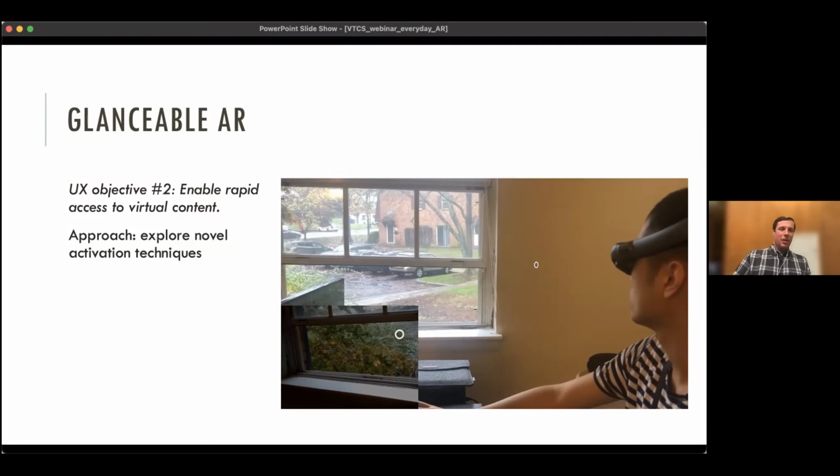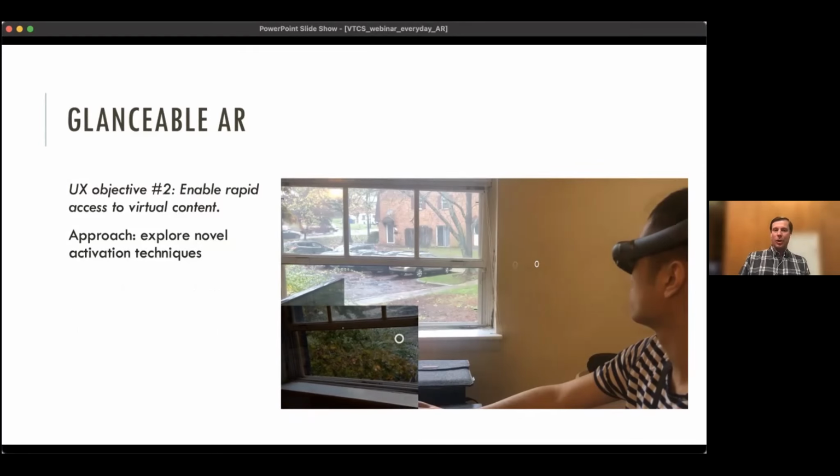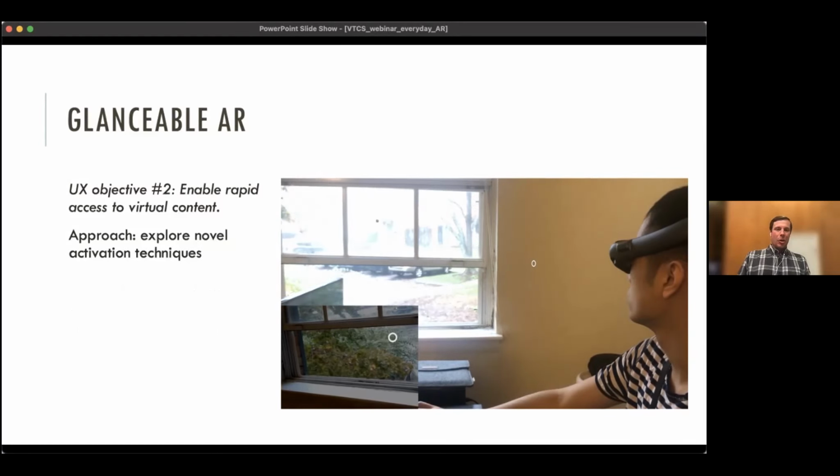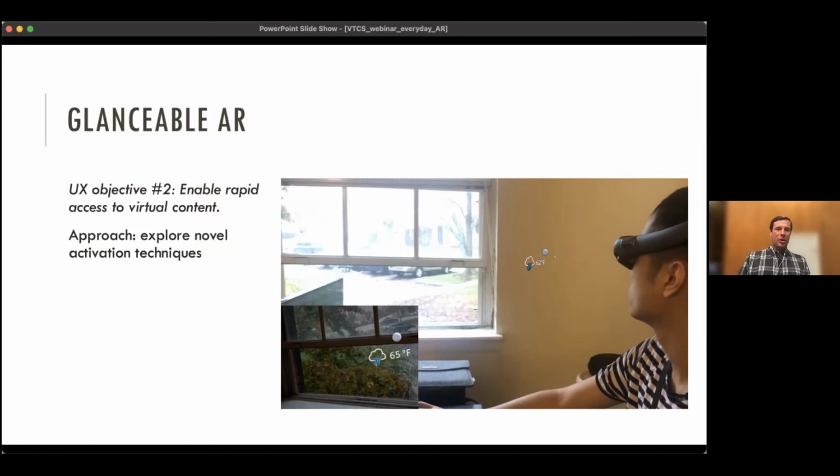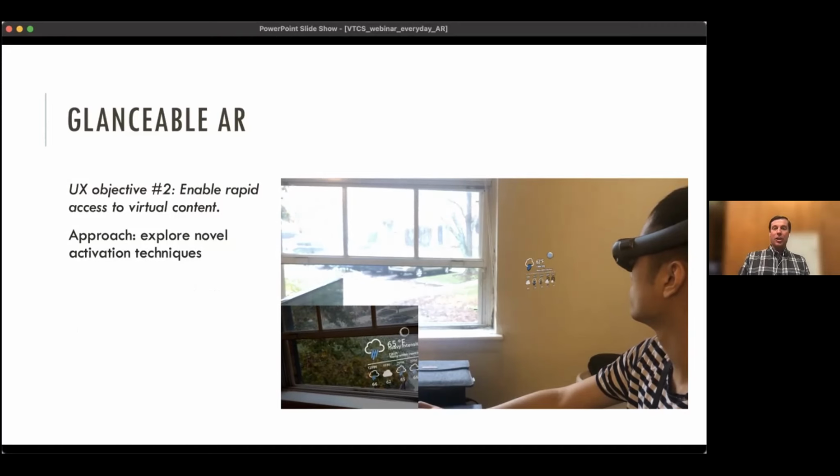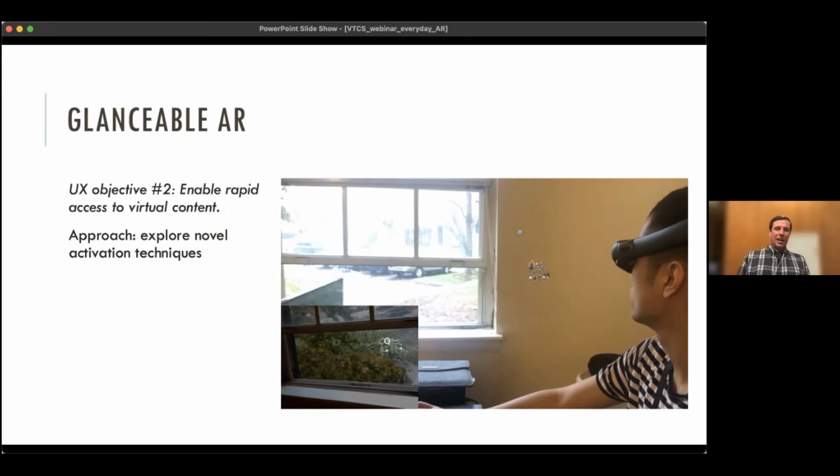The second objective is we want to enable rapid access to virtual content. And so this was some research we did looking at what we called activation techniques. So in this prototype, the app is just a little circle that you could see there in the video.